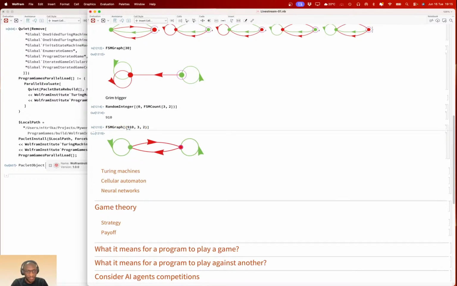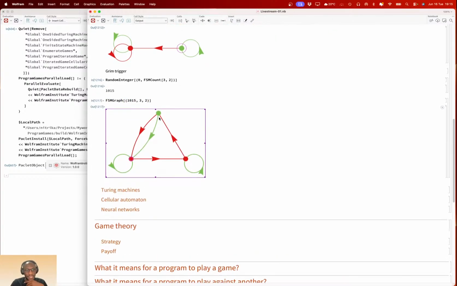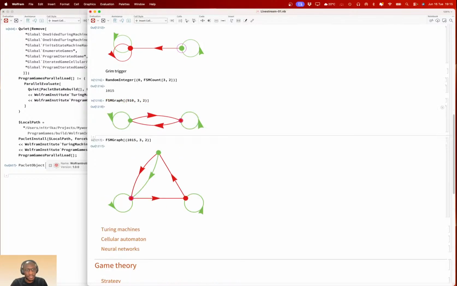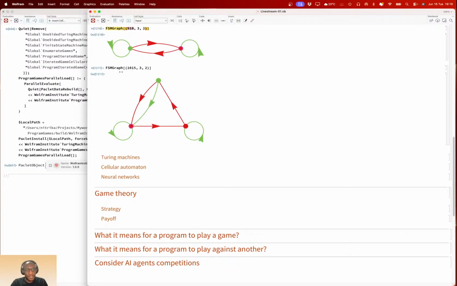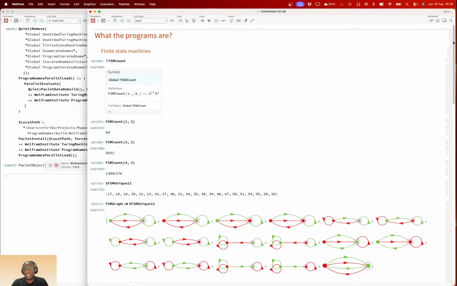This is a bad example. Let's try another one, maybe this. Yes, this is a three-state machine. This is why we do canonicalization: these are two-state machines, but when you visualize it, the three-state one is really a two-state one. So when you canonicalize, you get a bunch of simpler or fewer machines. That's an example of a finite state machine.